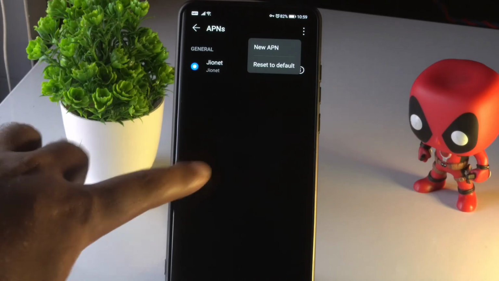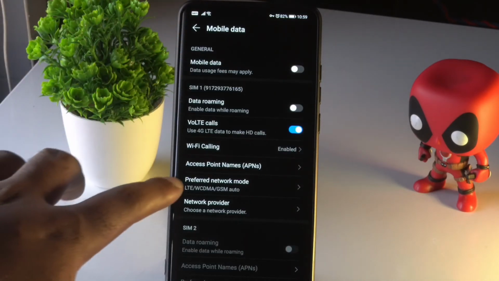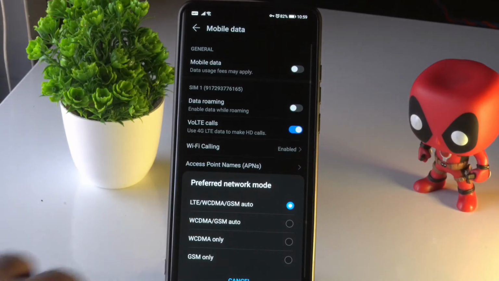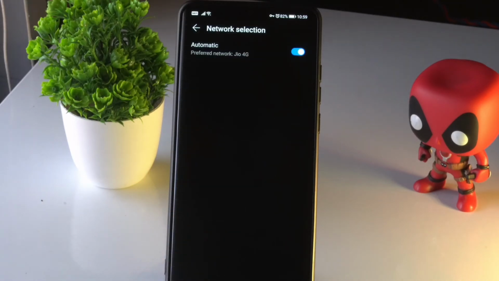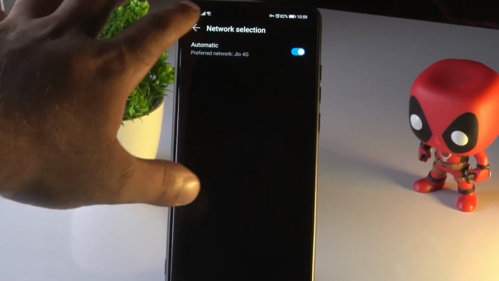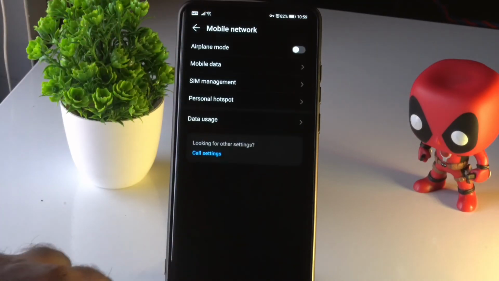Once it is done, you just have to go back. We have one more step. You just have to tap on preferred network mode. You have to click on network provider and make sure this is turned on. And once it is done, you just have to do a normal restart, and most probably the issue will be